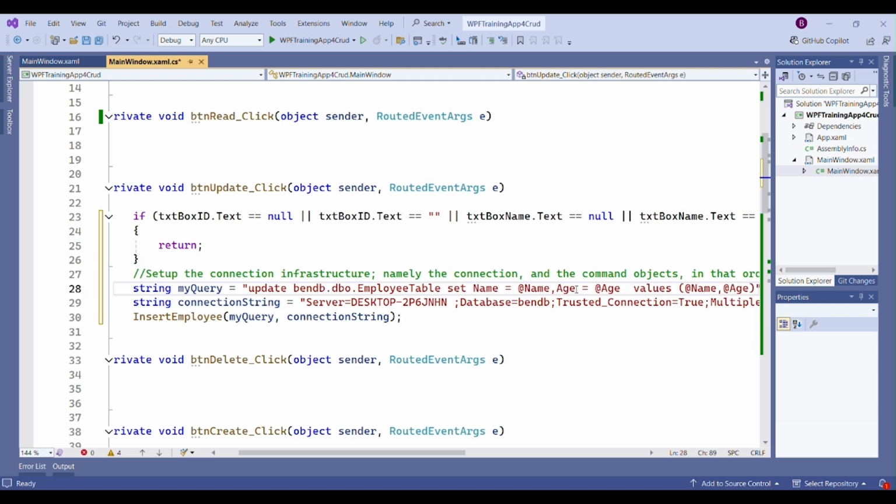So there's no need for values. So this is now where ID equals @ID. Okay. So this will be the query instruction, the query now. So with this query, you have your connection string, then you now call up